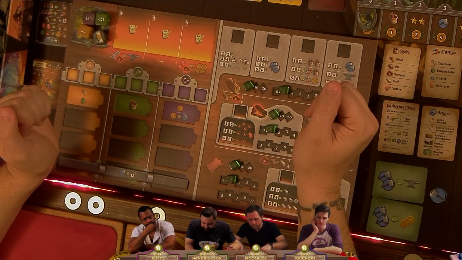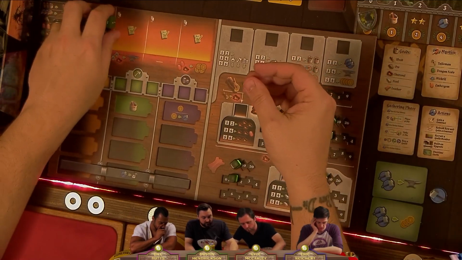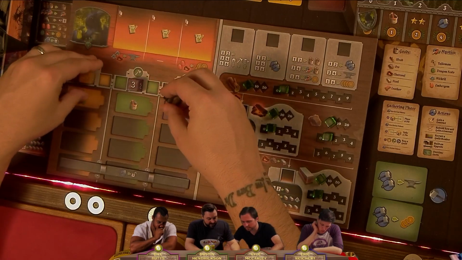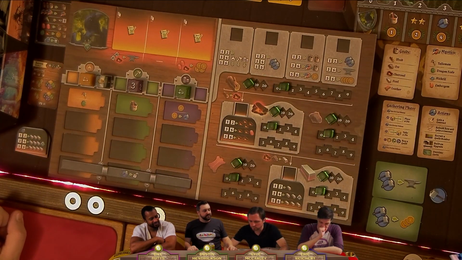All of the dice that you have claimed during the gather phase and have placed in rows in your guild hall, you will then get to...